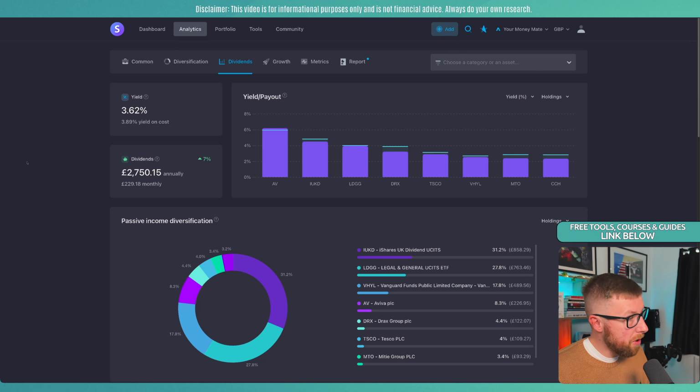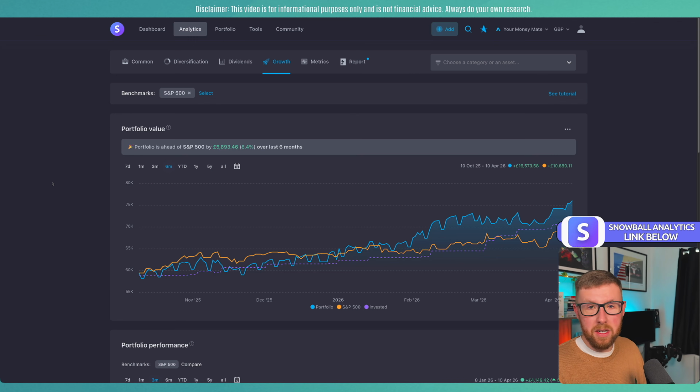As you can see on my portfolio, it's looking pretty good, but its yield on cost is quite low. I've not had this portfolio that long. Over the course of years, that yield on cost will grow as those dividends get reinvested in a solid portfolio that is doing its job. The 3 ETFs here are 75% of my portfolio, split up equally between the 3. And my own portfolio alone has outperformed the S&P 500 by 8.4% over the last 6 months, which is pretty good considering how the market's been, realistically.